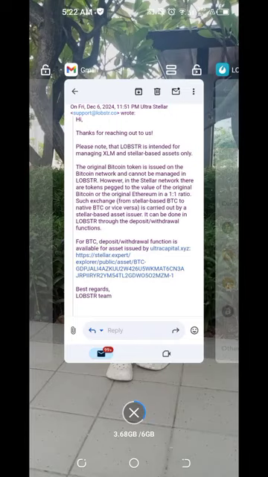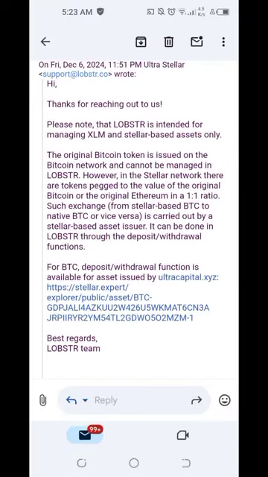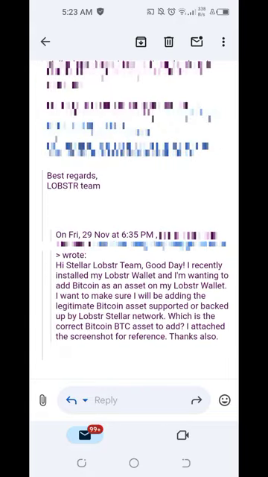For this one, I'll show you the email I received from the Lobster wallet team. For additional information, I sent this ticket to the Lobster wallet support last November 29, 2024, Friday, 6:35 p.m. Manila time. I wrote, hi Stellar Lobster team, good day. I recently installed my Lobster wallet and I'm wanting to add Bitcoin as an asset on my Lobster wallet.